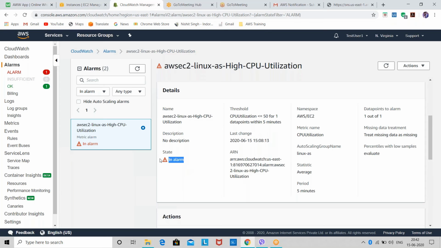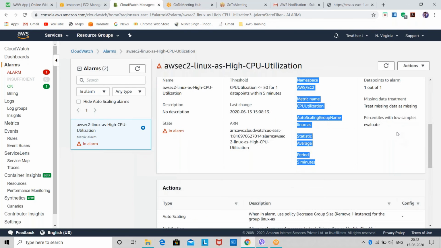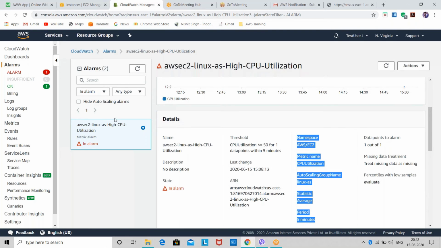This is the state in alarm, and period is 5 minutes. Statistics is average. Missing data treatment is missing. Basically, because we have not configured anything yet in the instances, that's why they are showing that treat missing data is missing.